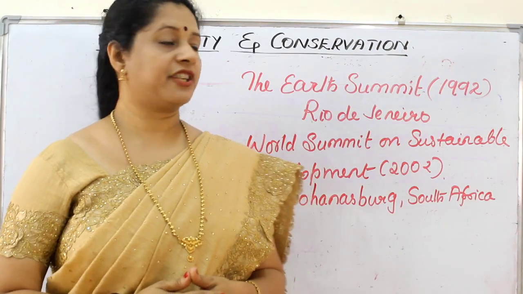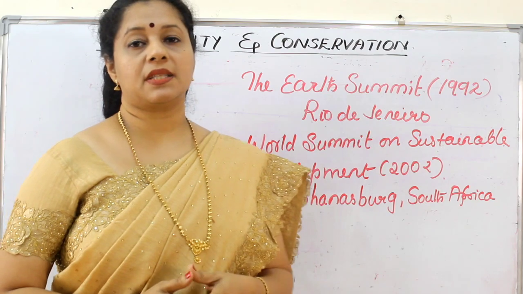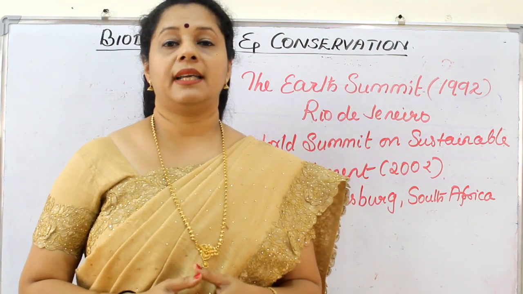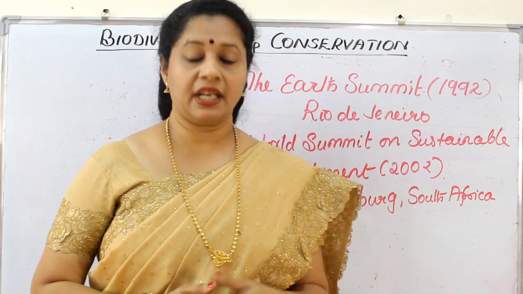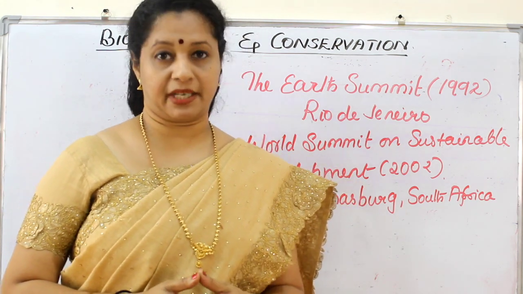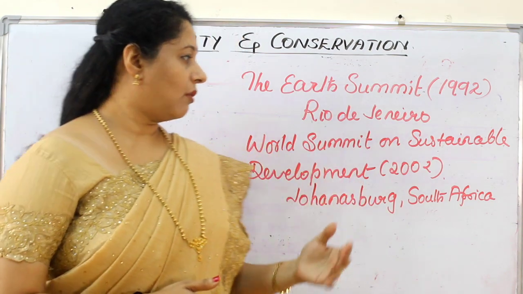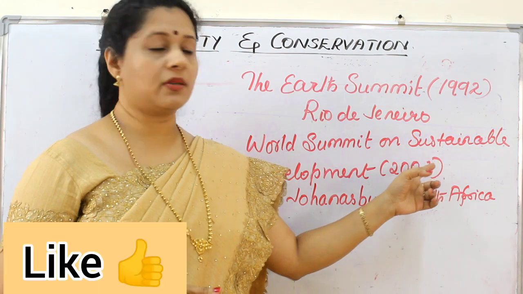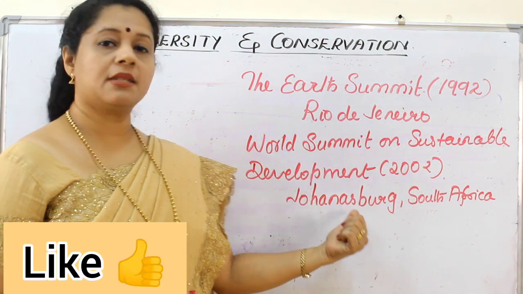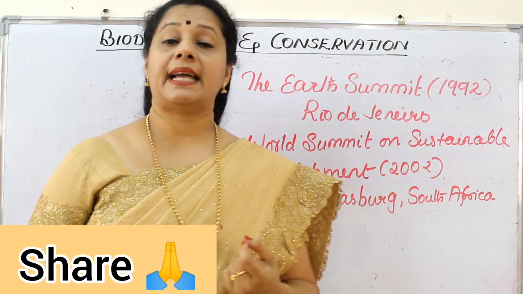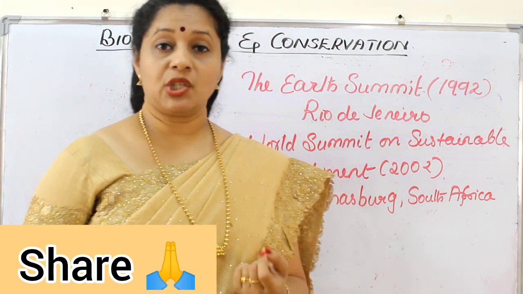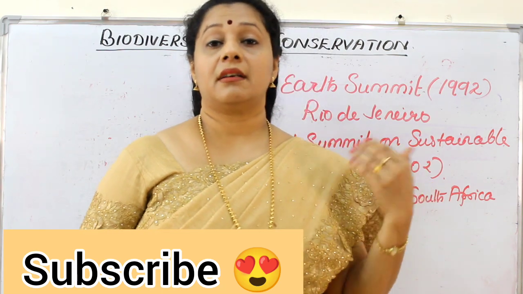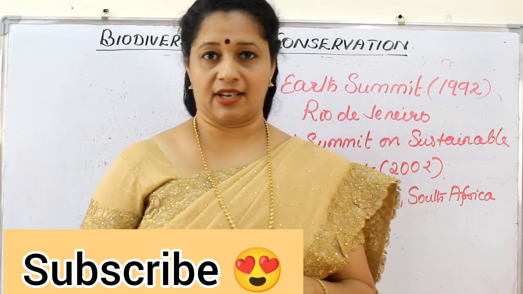As a part of conservation of biodiversity, the Earth Summit was held in 1992 in Rio de Janeiro. It was for taking measures for protection of biodiversity and sustainable utilization of its benefits. With that, there was a follow-up summit, the World Summit in 2002. It was held in Johannesburg in South Africa, where 190 countries pledged their commitment towards reducing the current rate of loss of biodiversity at global, regional and local levels.